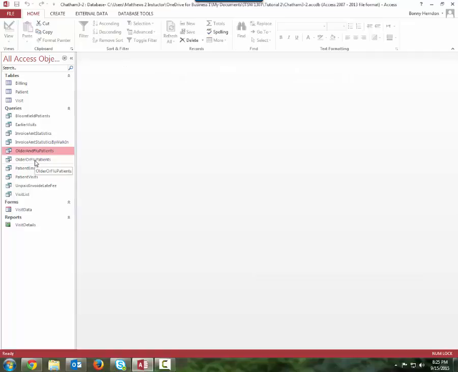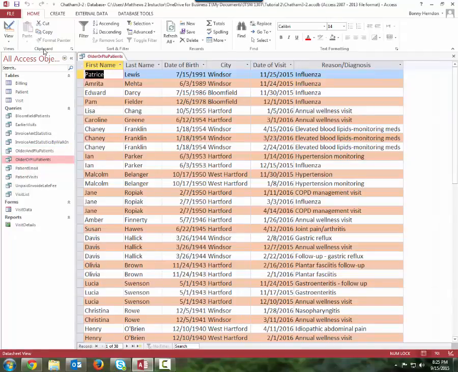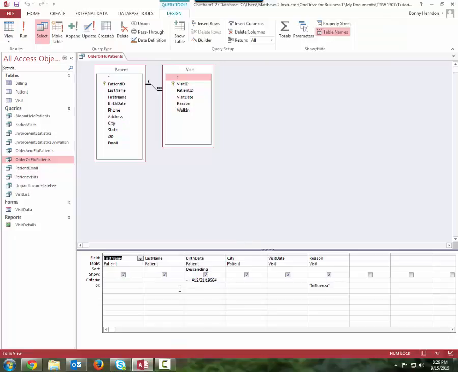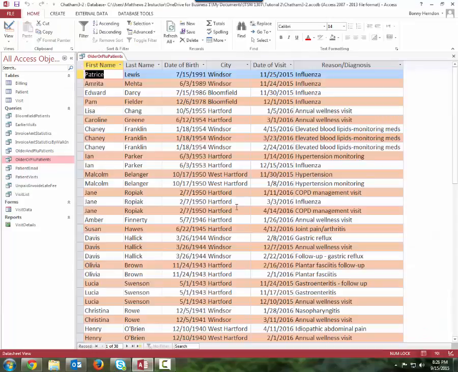Let's compare that with the older or flu patients. And I'm going to go to design view. And you can see the criteria for the birth date is the same as it was in the AND operation, and that one is on the criteria line. But we've moved the influenza criteria down to the next line, which is the OR. So what it's going to do is show us any patients that are older than this date or influenza. So when we run that query, we get a lot of answers